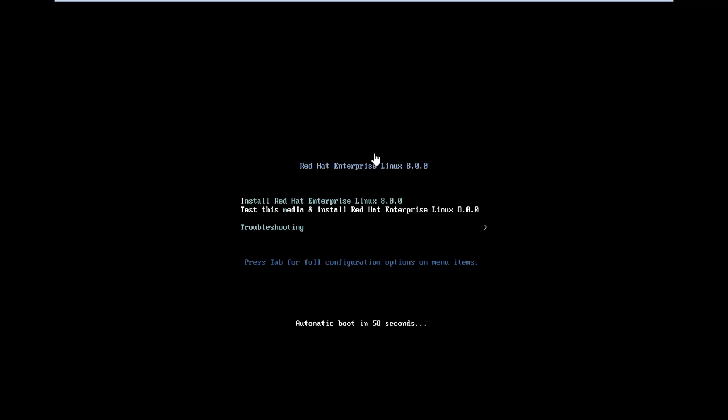So Red Hat Enterprise Linux 8, press Enter. Which version are we going to be working on, 6 or 8? In real time, you must work on multiple versions.